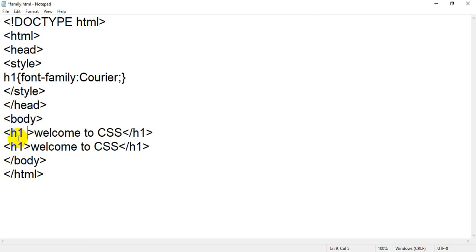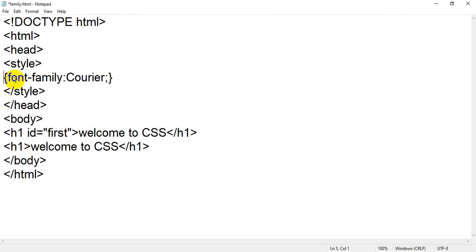So I will provide an ID to any of those elements. I am going to apply id equal to, for example, you can assign any ID. I'll just write first. So instead of H1 I will use first. Are you getting my point? I have used an attribute ID. The ID attribute is used to specify uniqueness. So we have two H1 elements. This is an HTML element whose name is H1, and again this is an HTML element whose name is H1. So the name is same.